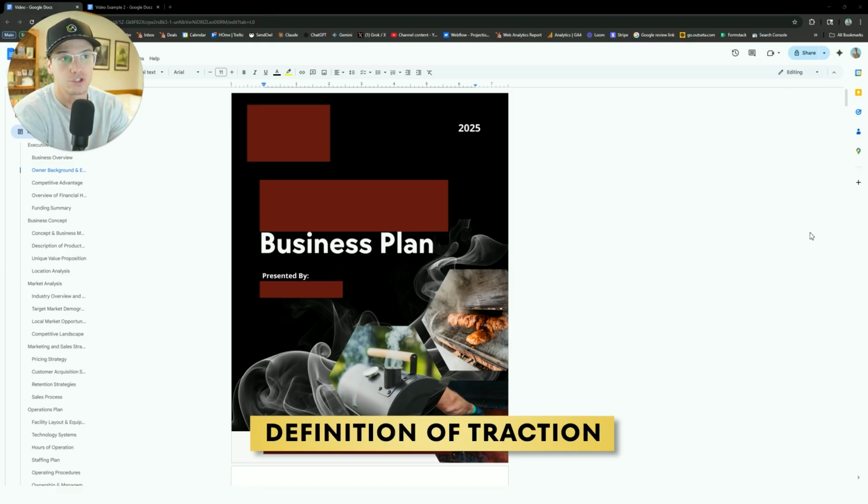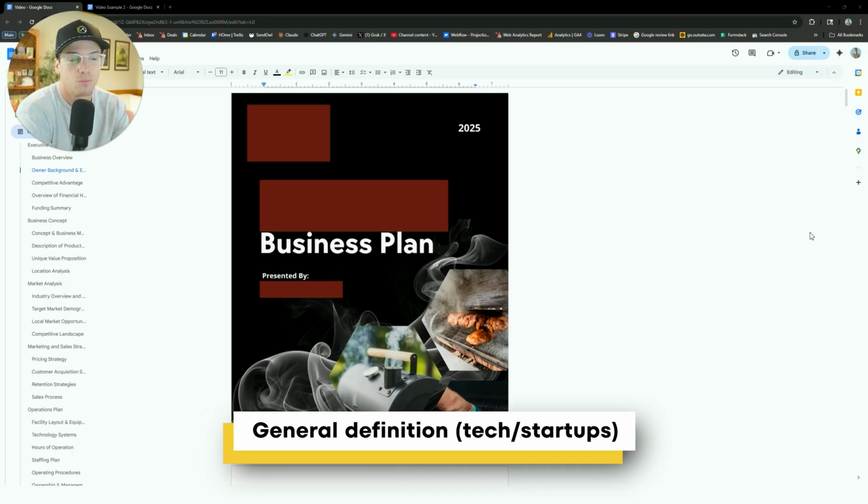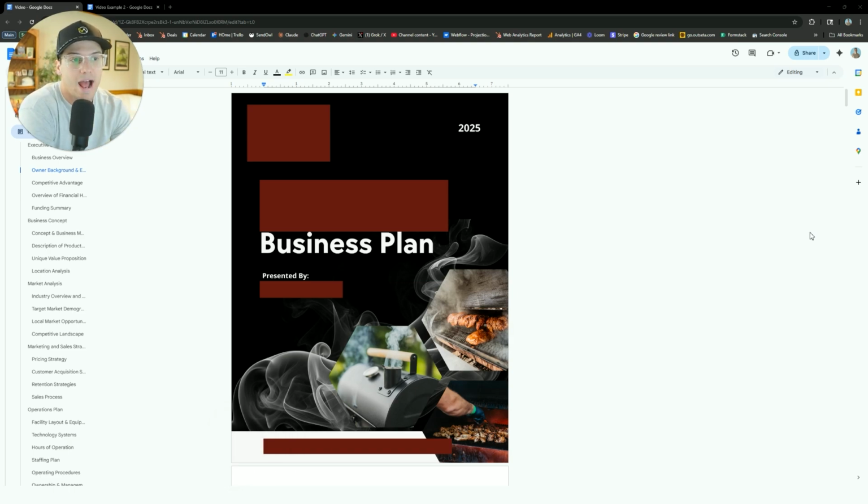So first, let's define what traction is. Now, if you Google traction and you look up like an Investopedia definition or something like that out there, it might talk about how it's more commonly used for tech businesses or SaaS startups or apps and that kind of thing, because when they are building these apps and these tools, a lot of times they're testing them with audiences. They're releasing them to a limited portion of audience, or maybe they have some sort of test audience or prototype audience, and they're measuring how many people are using it, how often are they using it, how are they engaging with it. So they're getting some traction. They're getting some momentum based upon people actually utilizing the thing they're creating.